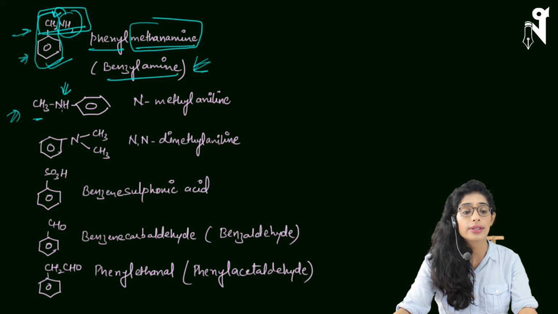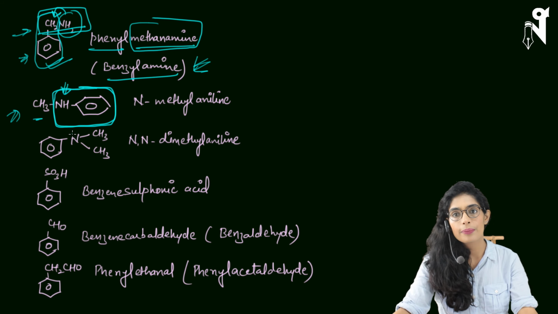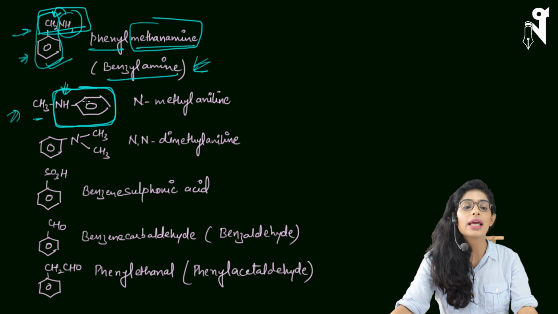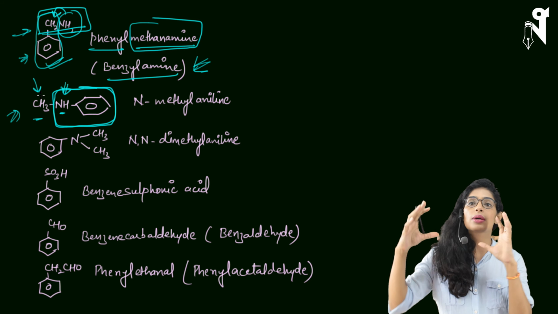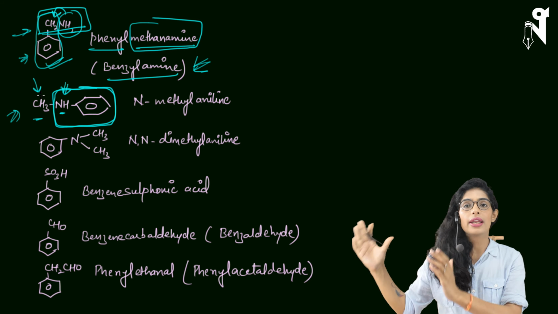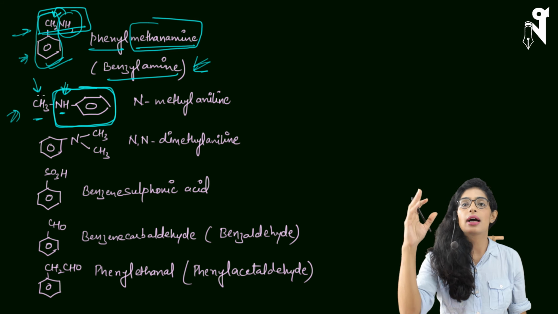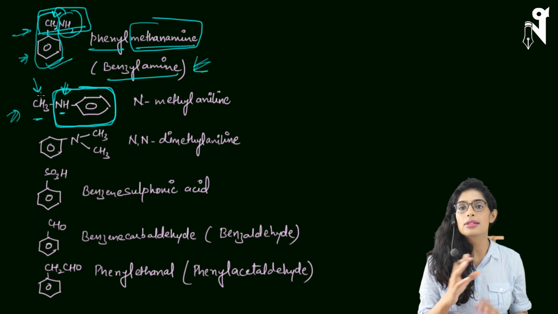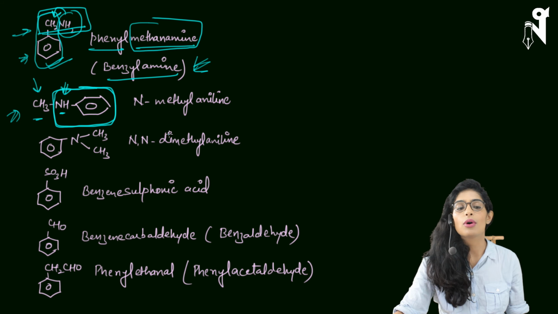When you get such a choice, then benzene with NH will be called aniline, as I mentioned, and CH3 will be acting as a substituent group. That means on benzene NH is present and then there is a branch over here. If you remember how we used to find amine branches, we used to take the bigger chain along with NH, and the smaller chains used to go in the branches, writing N-alkyl alkanamine. That's how we used to write the name. So here also N-methyl aniline will be the name of the compound.